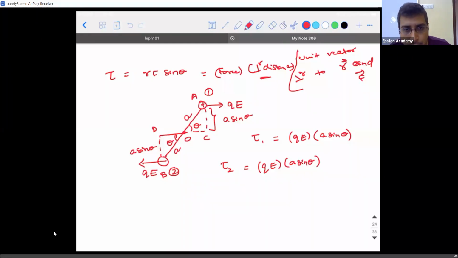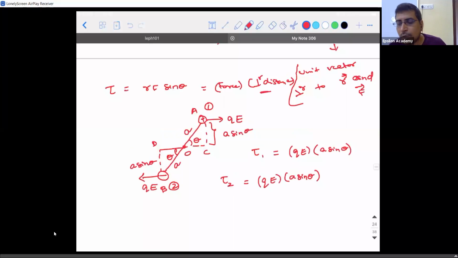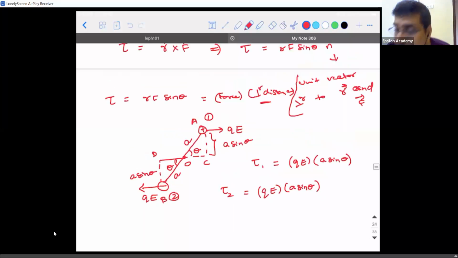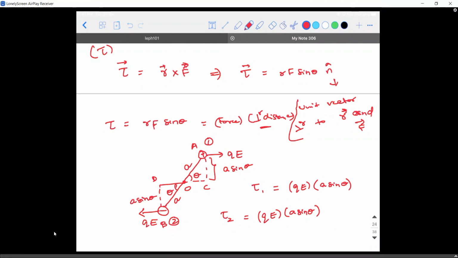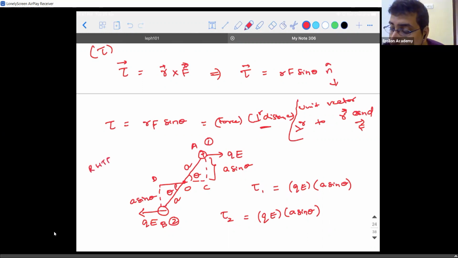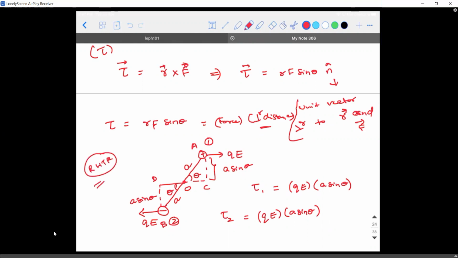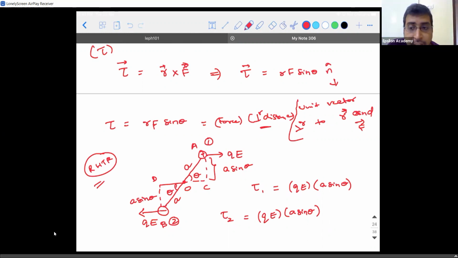Now I need to think about it. For that, I need to go back to the basics of finding the direction of torque. How do I find it? Right hand thumb rule. You will use the right hand thumb rule. How to use it? Nikhilesh, you tell. You should close your fingers in the direction of force. When I say rotation, I can speak about anti-clockwise or clockwise. How do I know which direction I'm supposed to rotate my fingers?